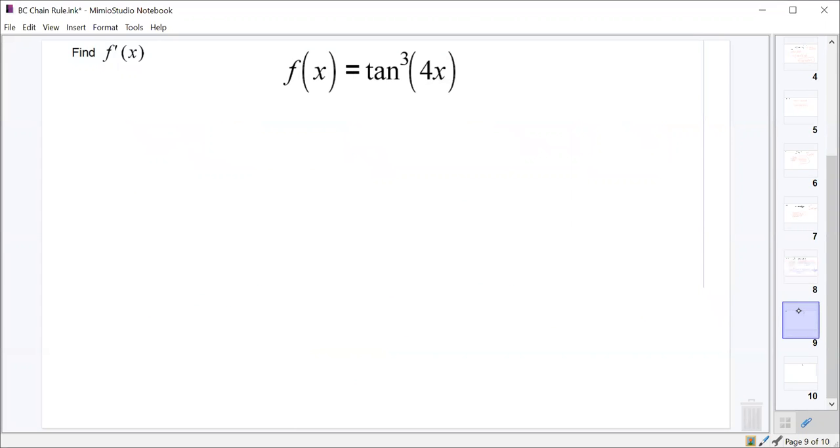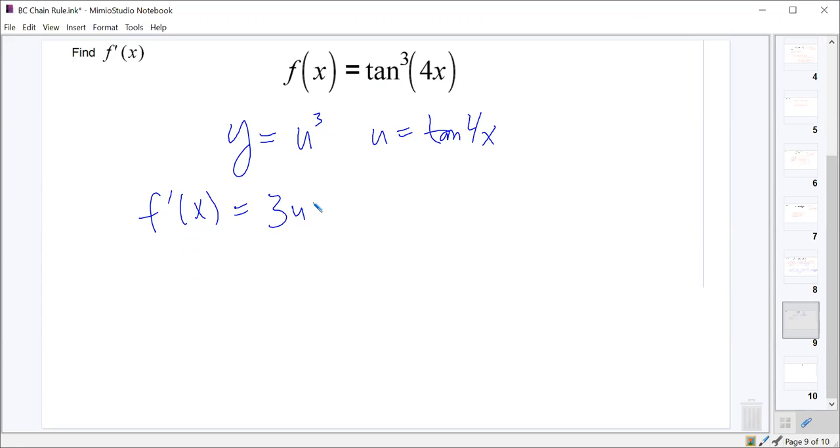All right. What about this one? Tangent cubed 4x. This ought to be y equals u to the 3rd with u equal to tangent 4x, right? So what should our derivative be? dy dx, I'll write it as f prime of x. F prime of x ought to be 3u squared